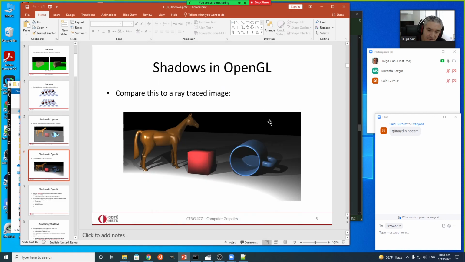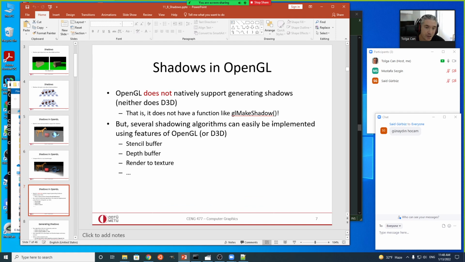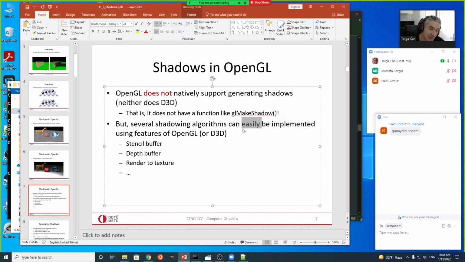Basically, we use the same intersection function with the objects to see whether there's an intersection with an object between the light source and the point that we're interested in. So here there is no function in OpenGL like glMakeShadow. There are several shadow algorithms, and they may not be so easily implemented, but they can be implemented using features of OpenGL. So this is actually an advanced version of